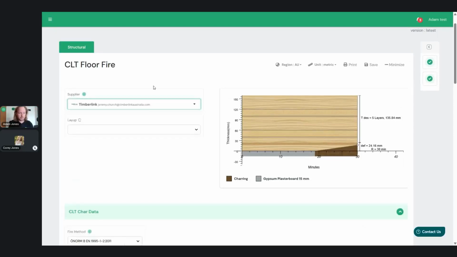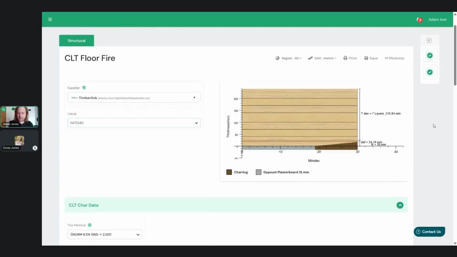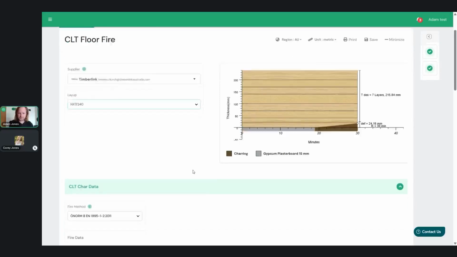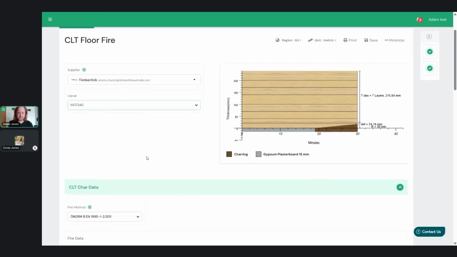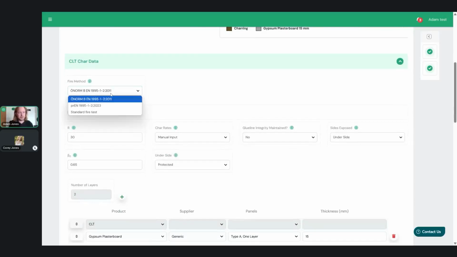But instead, we're going to go back to our Timberlink panel, and we're going to go to our 7-layer 240. And you can see here, we've got a 7-layer design for 215 millimeters. So if you move through here, there are different options. So we do have the Austrian National Annex as the fire option. We've got the draft Eurocode, or you've got a standard fire test. And that is, if you do a real world fire test, you can just input some of those values as